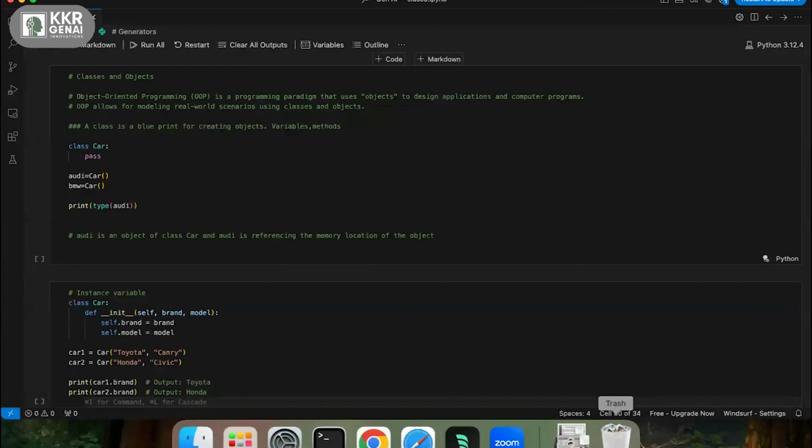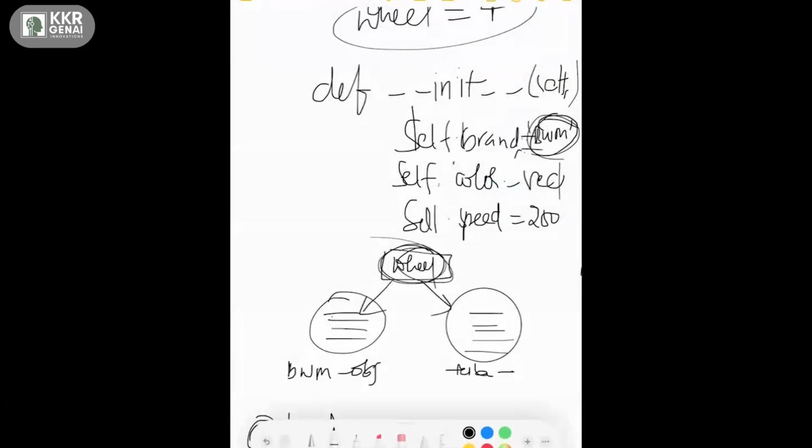How can we access static variables within the class, and how can you access them outside of the class? Inside the class, you can use the class name or the CLS parameter. Outside of the class, you can use an object reference or the class name. So these are the ways we can access. So inside the class, let's say I have a method. How can I access that value?